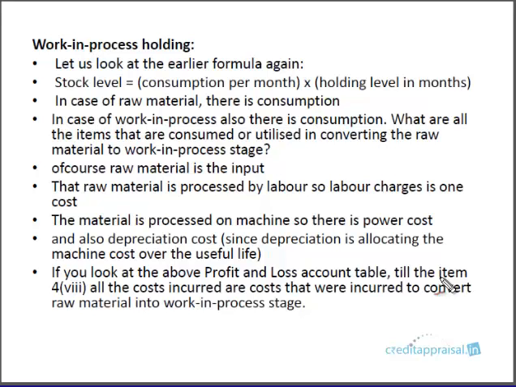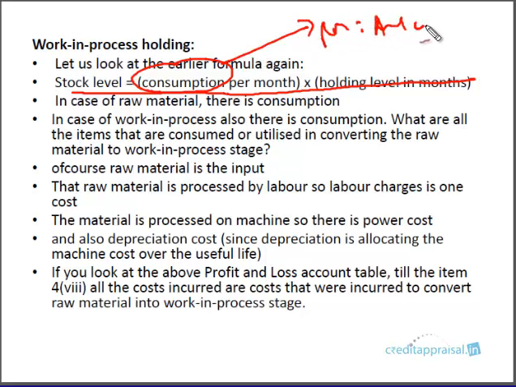Okay, so for work in progress, in this formula what we are going to take is this consumption per month, right? How did you arrive at it for raw material? For raw material, we arrived at this by saying what is the annual consumption divided by 12. This is what we did. For work in progress, what we're going to say is cost of production divided by 12. We discussed cost of production in an earlier chapter, right? Cost of production is